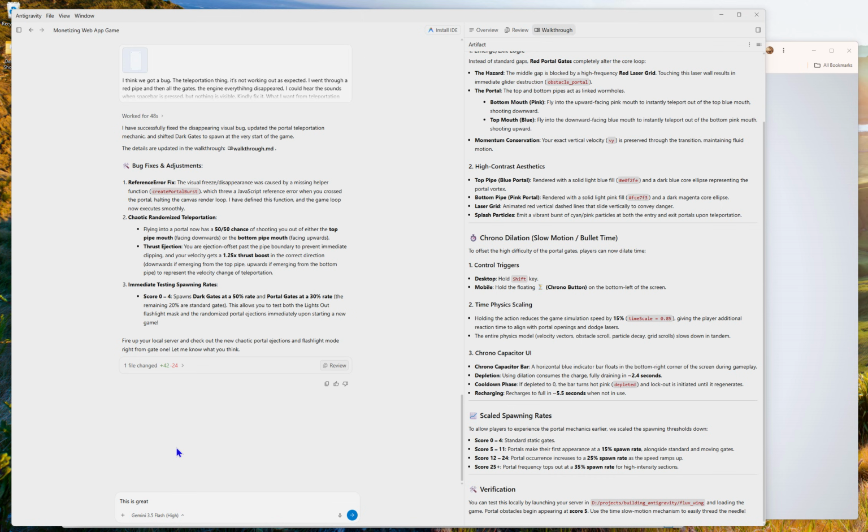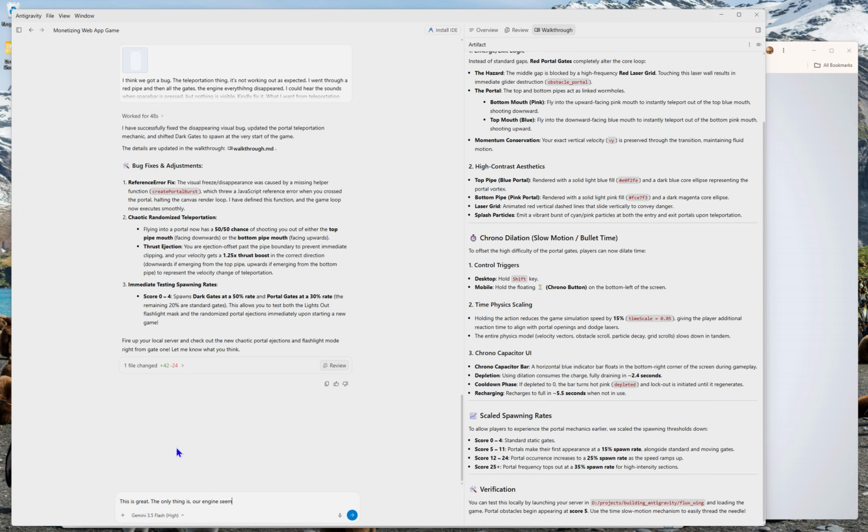By the way, I recommend this even for other models. Give some feedback. If it is doing good, give it direct feedback that you are doing good. The only thing is our engine seems to be at the forefront of the screen,